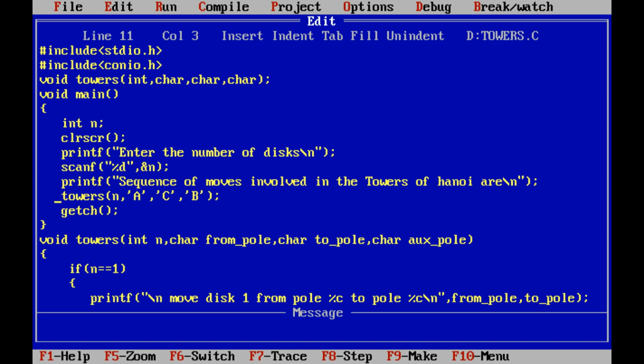Now this is called the calling function. The function name is towers and there are 4 parameters. The first parameter is n, the number of disks.